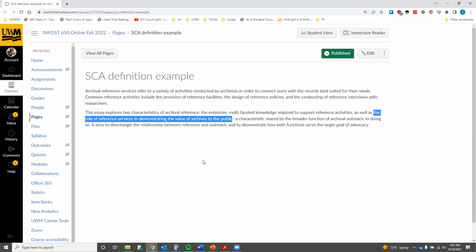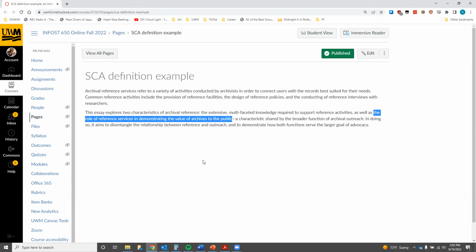I want you to be as clear as possible about what your paper is going to be analyzing. Students in the past try and get into these long discussions about what their subject is, and that's not what I want. I just want 2 quick characteristics. This shouldn't be more than 2 paragraphs. So if you have a whole page written and you are still working on your definition, then you need to revise it